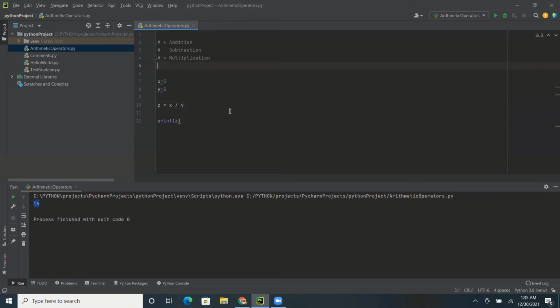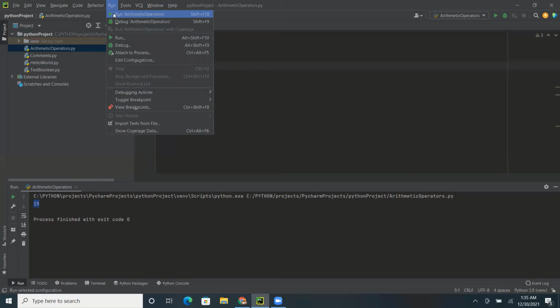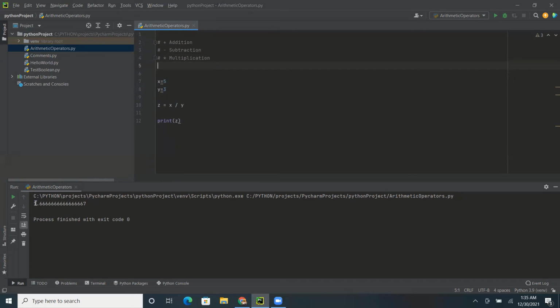So this is division, and 5 divided by 3, you see 1.667. So this is the division operator.